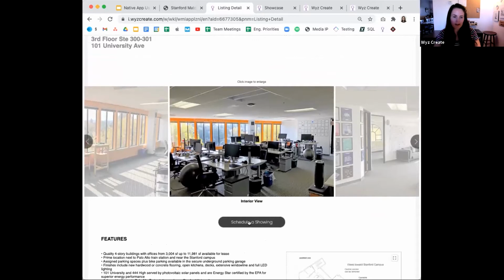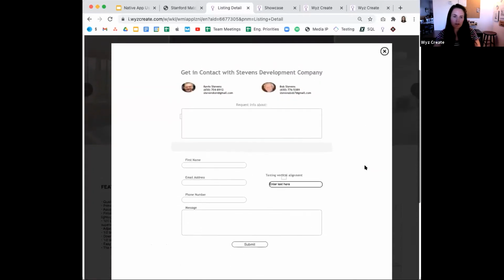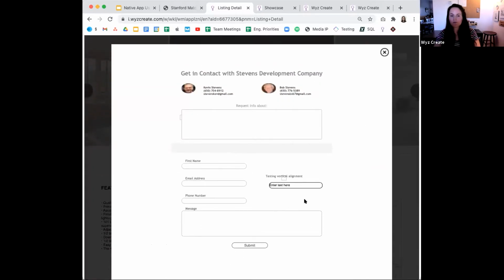We're not totally done with it yet. If you click schedule a showing, there's a form here that the user could fill out and schedule a showing of the listing that they're interested in. So what's going to happen here is that when a user clicks submit, all the information that they've just typed